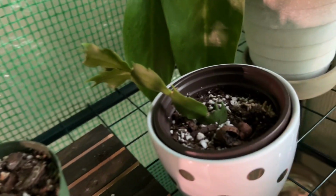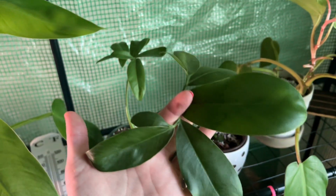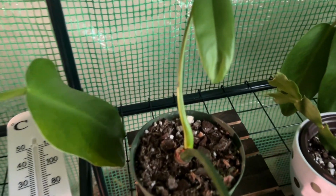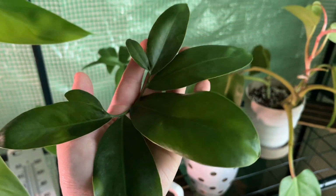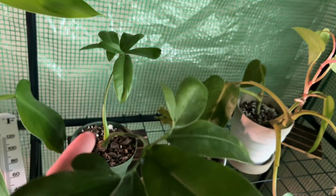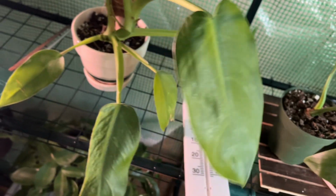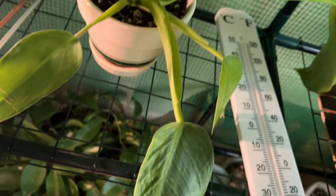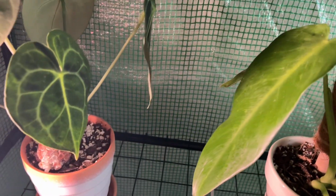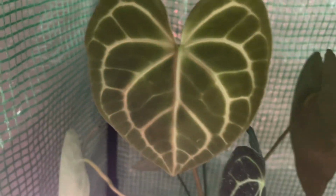Here is a holiday cactus cutting. Philodendron goldii. I would love to have some variegated philodendron goldii. Probably very hard to find, but definitely a wish list plant. My Jose Buono. And here is my very lighted up